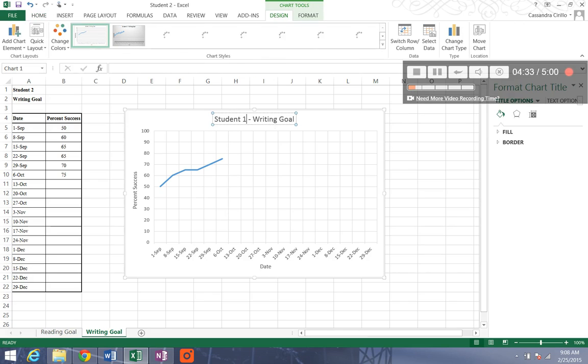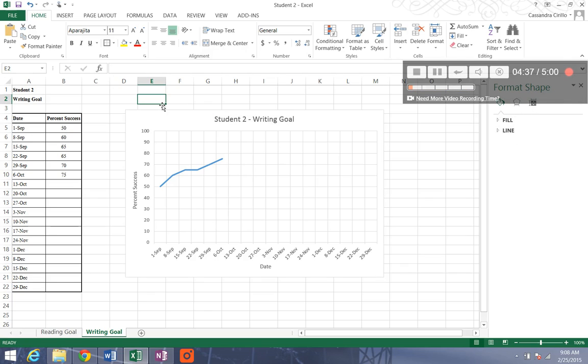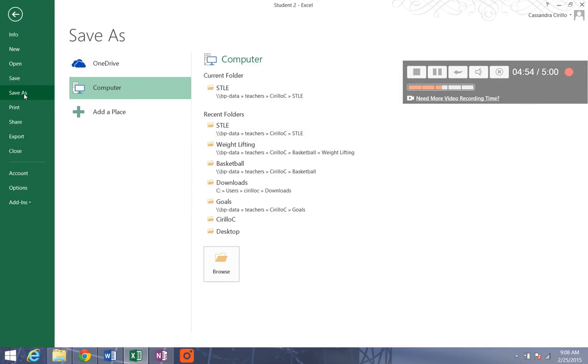And now I haven't wasted time creating the borders, creating the data table, and creating the graph and formatting the graph. It's already saved. Hit Control S to save, or File, Save. And if you had another student, hit File, Save As, in whatever your next student is. Student